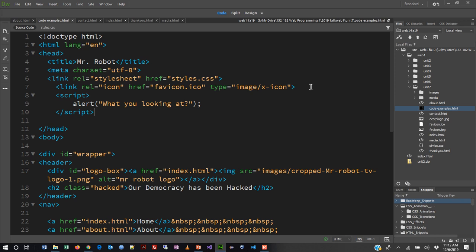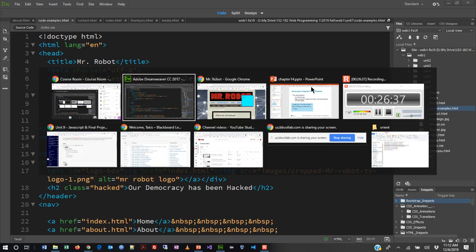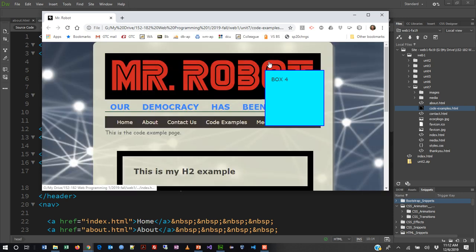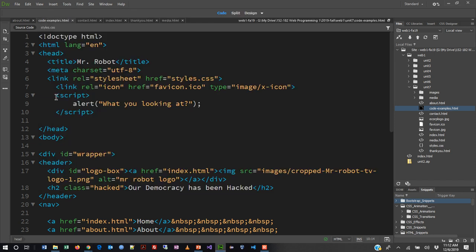Will that mean it won't operate? Well, let's go back to the page and do a refresh. It's still doing it. Well, what's the difference? You don't have the web page show up. Bingo. This loads before the visible section of the page loads. See the difference? So I don't get to see the page until I click OK. Interesting. Very interesting. Now, either way, I couldn't get to the page and do anything on the page until I clear that box. Okay. Another technique that people will use is they'll take that script,